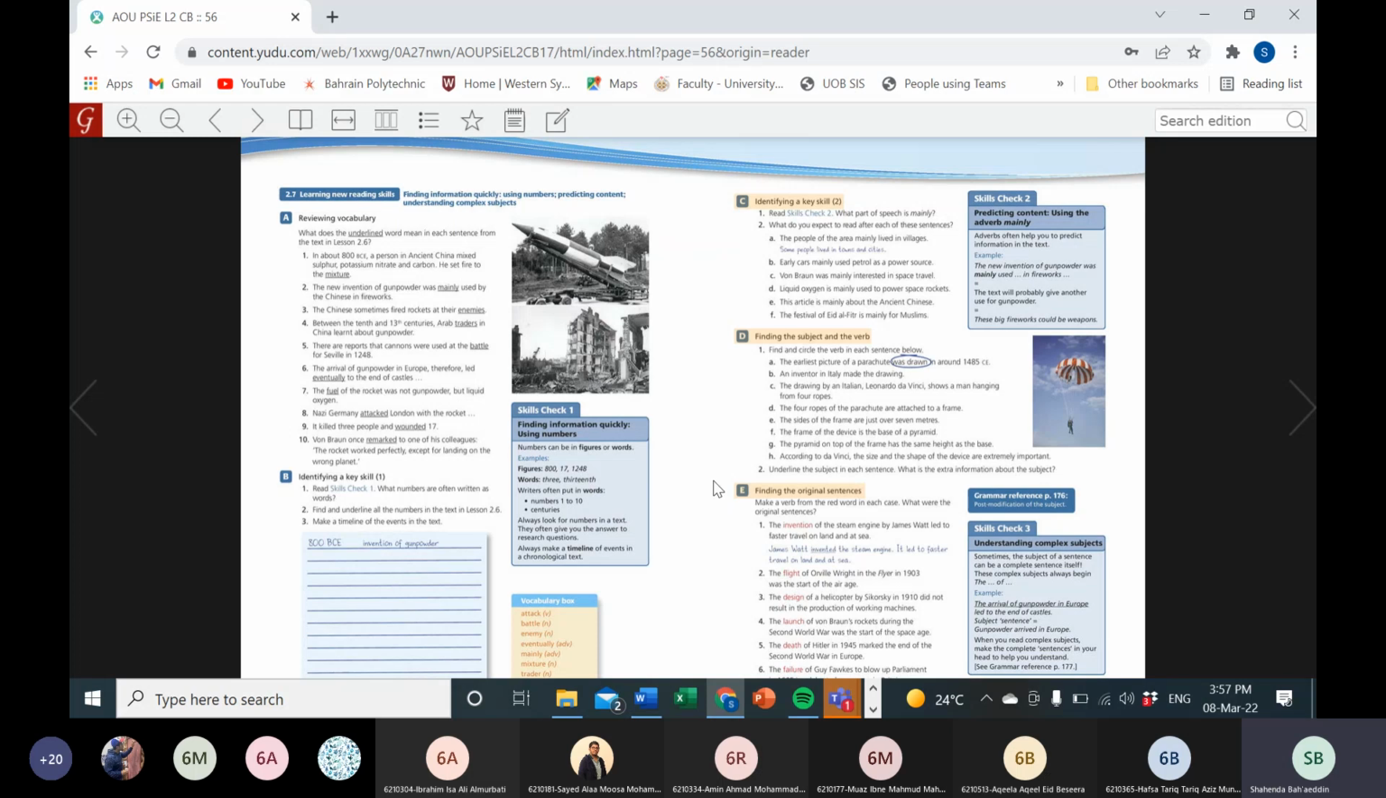Mainly is just an adverb that shows that what will come after it talks about what specifically the sentence is about. So, for example, if you look here at the examples, the people of the area mainly lived in villages. This means that some people lived in towns and cities, but the majority lived in villages. Early cars mainly used petrol as a power source. This means that